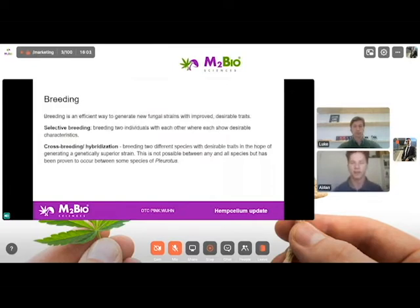And so breeding is one thing that I've thought of. Breeding is an efficient way to generate new fungal strains with improved and desirable traits. I'm currently planning a breeding program with selective breeding, breeding two individuals with each other, where each shows desirable characteristics. I'm planning on acquiring a wide variety of oyster mushrooms, trying to get a lot of genetic variants within that population, so as to generate phenotypic variation, those desirable characteristics that